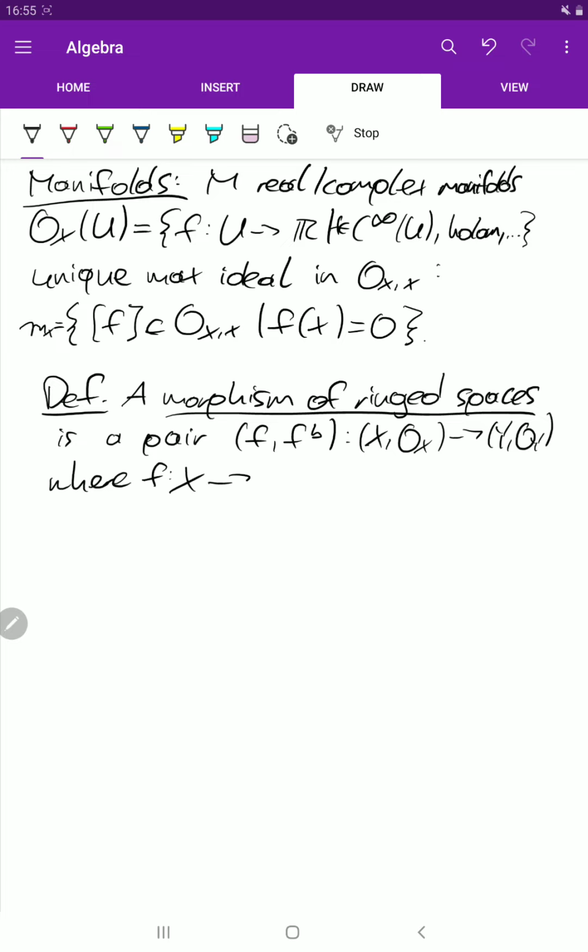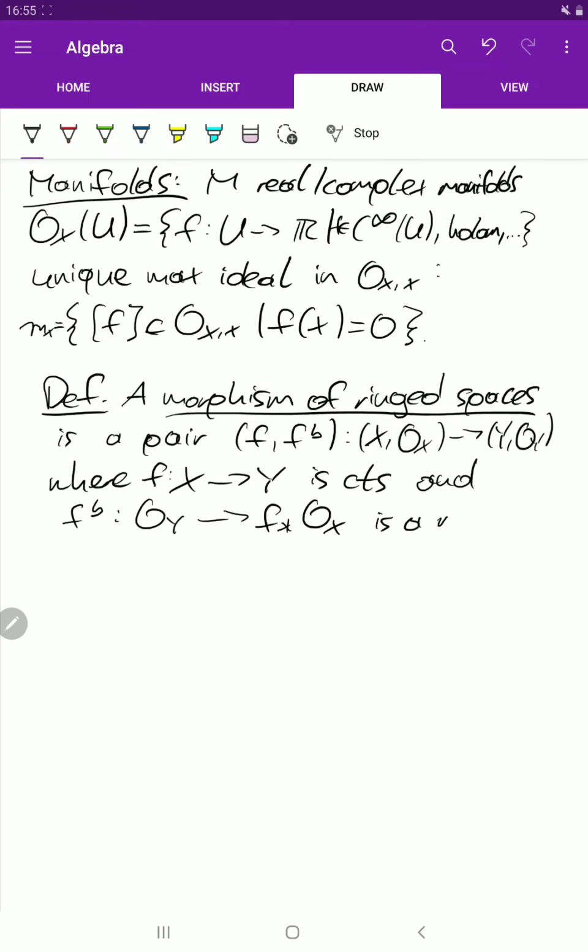So the first part is quite easy. The map f should just be a map of topological spaces that's continuous. And the second part is not so straightforward. So that's a morphism of sheaves on Y. So we go into the direct image.